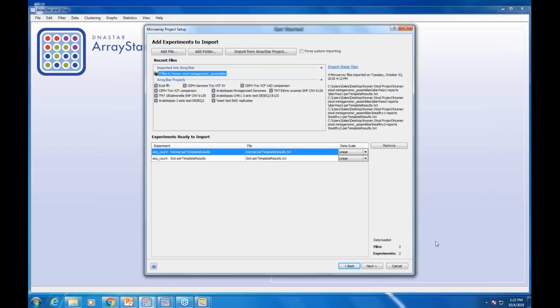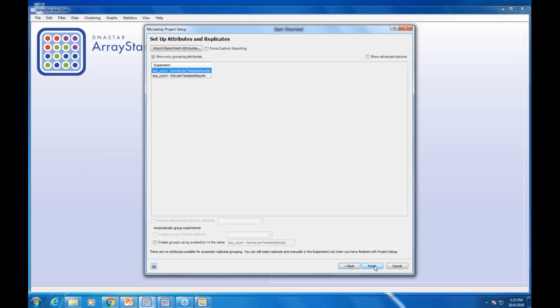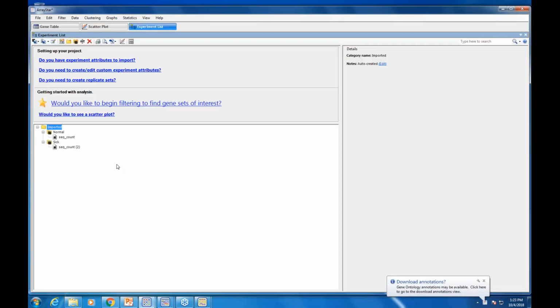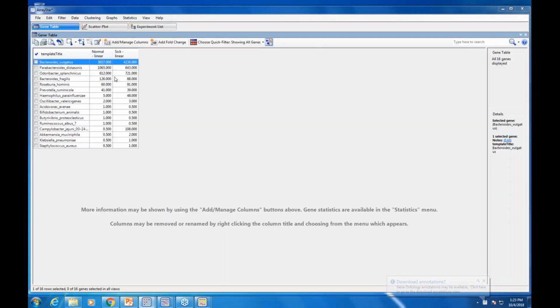And it recognized that was the same format. And this is linear scale. I'll just bring this in. And I can get this the name. So it's looking at the experiments, and I can say, well, let's make this a little smarter. And so I can highlight the part of that name, and then it comes up in normal and sick. So there I've got my two groups in my experiment, and I can go to a gene table and get